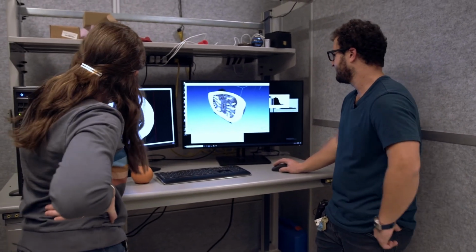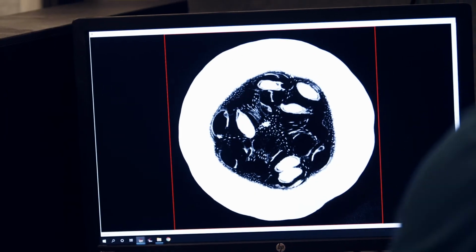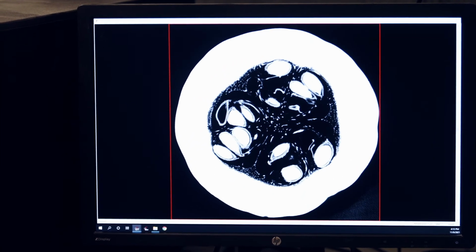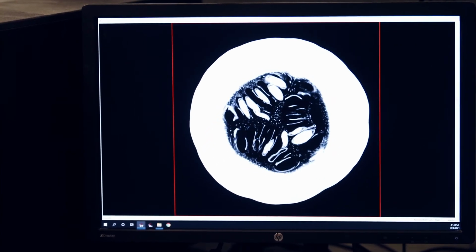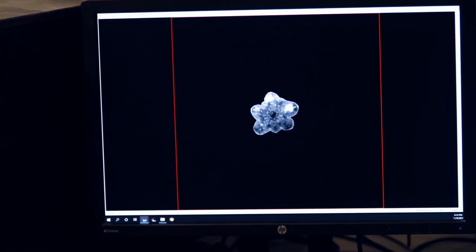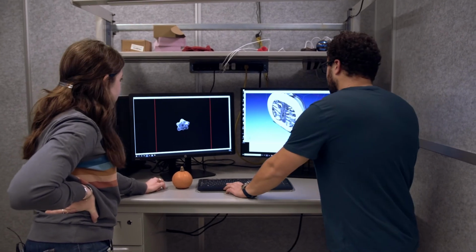So yeah. Can we do this one again? Yeah, you want to get it all good? Yeah. Yeah, there's the individual slices of that. And then bring it all the way up to the stem, maybe. The stem, because it's so dry, isn't very dense. Can you even see it? You can see it. See, there you go. So the stem doesn't have a whole lot of interesting going on in it, but...